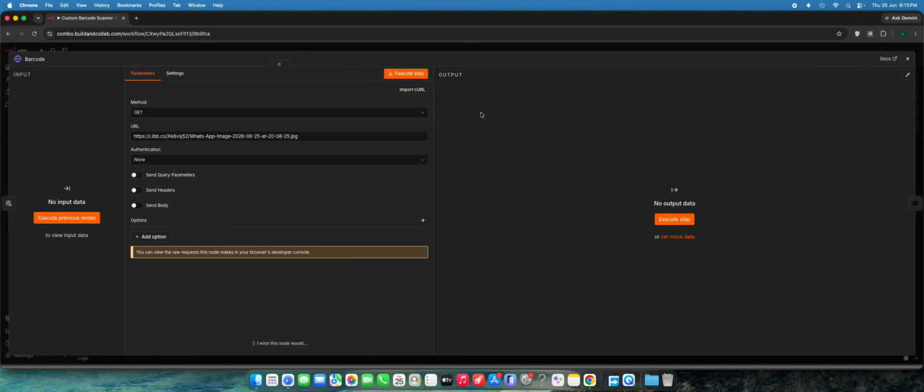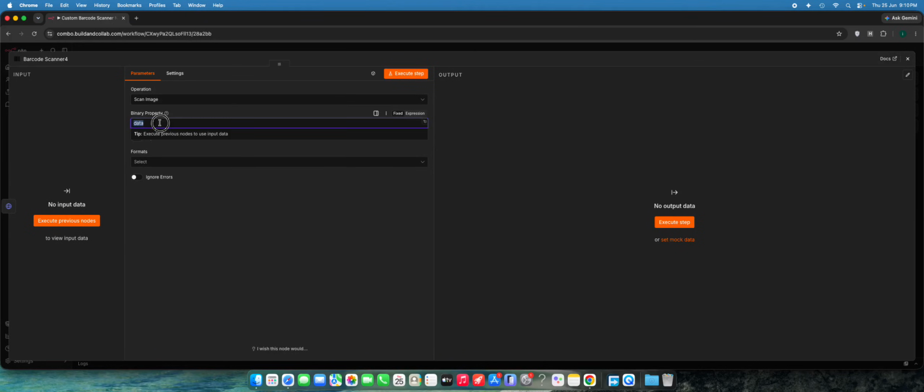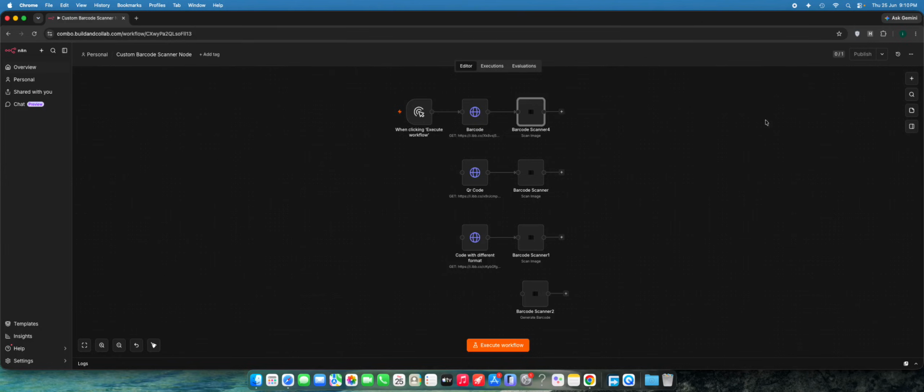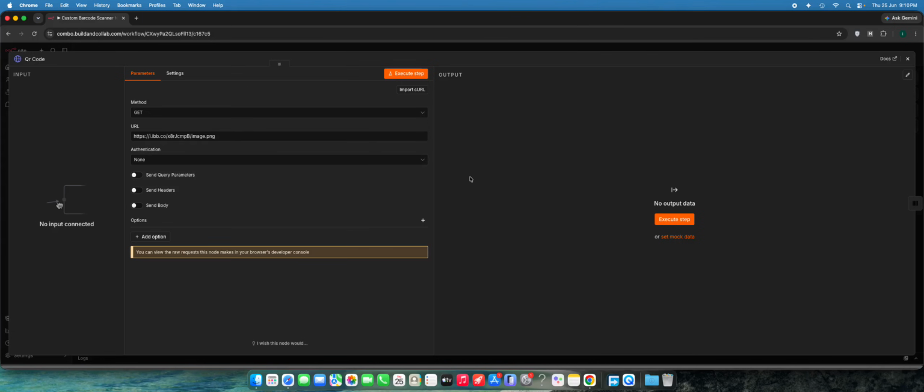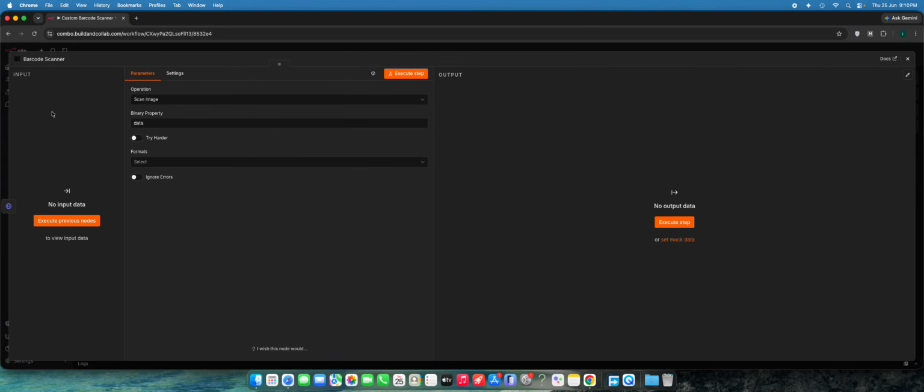Firstly, we will download a barcode image as binary. After that, we will simply pass the binary property of that image and scan the whole image and extract the barcode. And after that, we will be downloading a QR code image, and even that QR code image will be downloaded as binary, and that binary property will be sent to our node